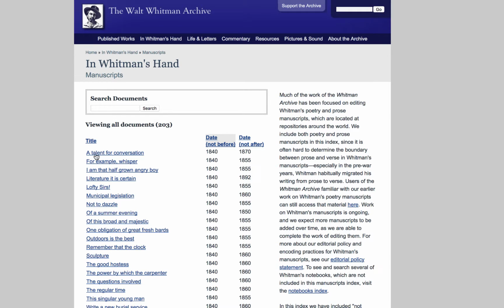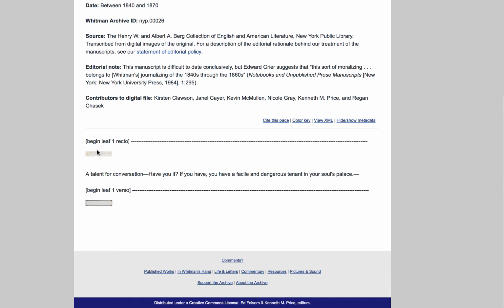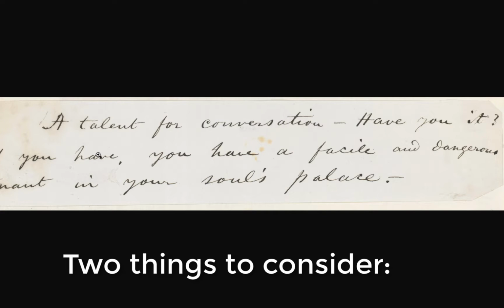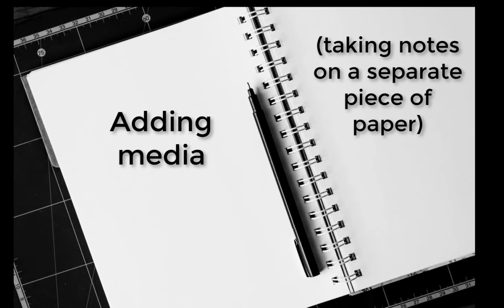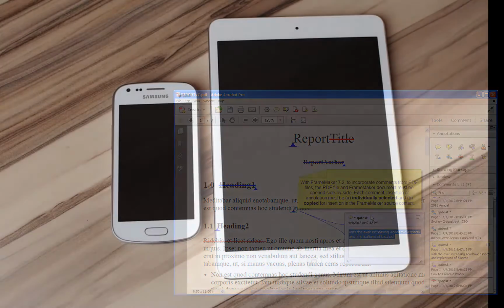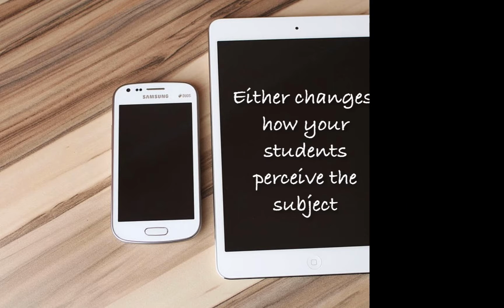But what if your content is all digital? At the least, students likely no longer have the physical artifact, which clearly changes how the traditional humanist markup process works. This means thinking about two things: either how to add media, for example, taking notes on a separate piece of paper, or how to mark the new media, i.e., highlighting a PDF using a built-in tool, or writing on a tablet. Either option is going to change how students think about their studies, and the best thing to do